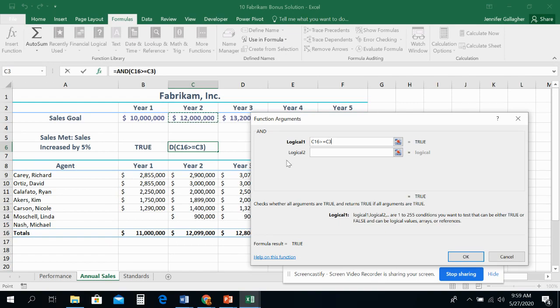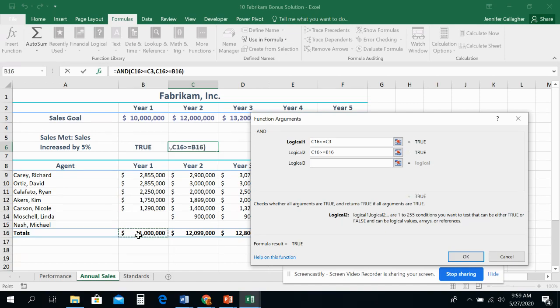But this time, I'm going to have 2 parts to it. So now I'm going to look and see if C16 is greater than or equal to